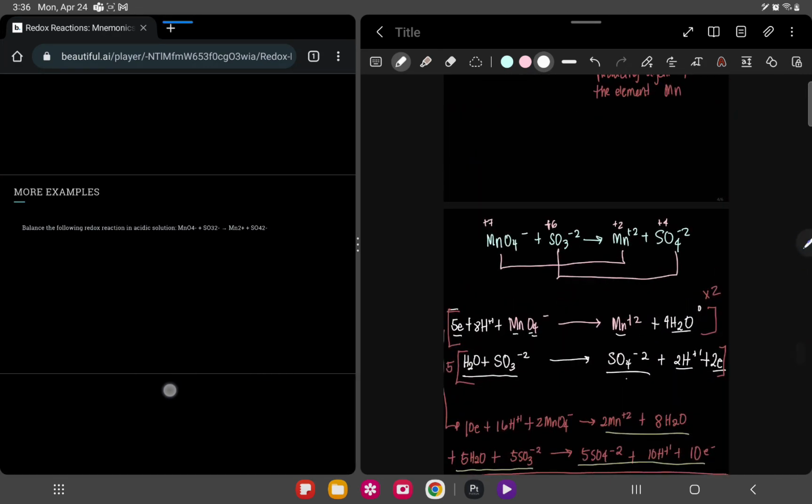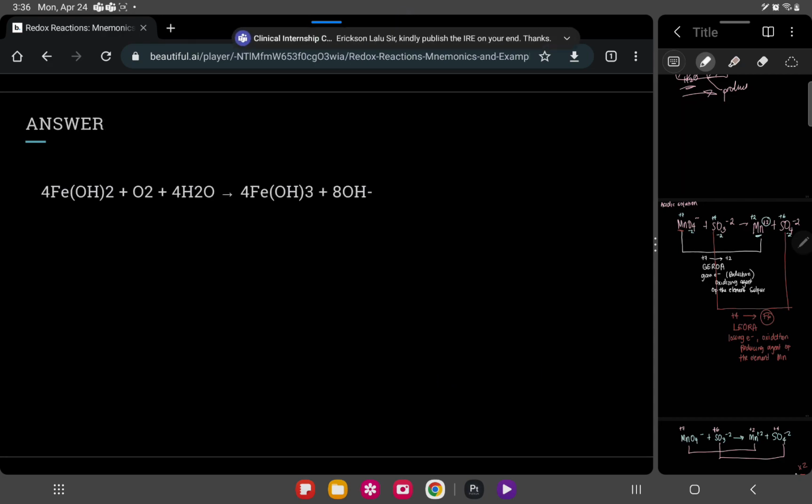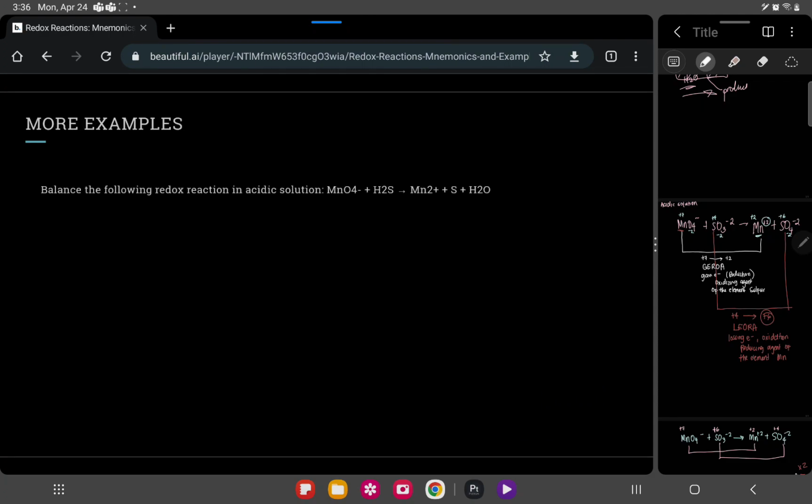For more examples, you can try it out. Here are some of the examples. You can pause this video so you can compute it, and the correct answer for this equation is this one. I have another example for that. Again, you can pause this video and then return for the correct answer. For this acidic solution, the correct answer is